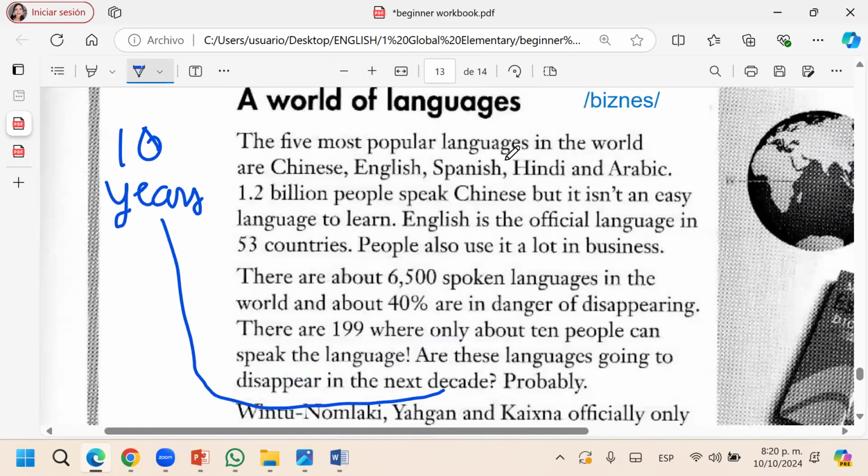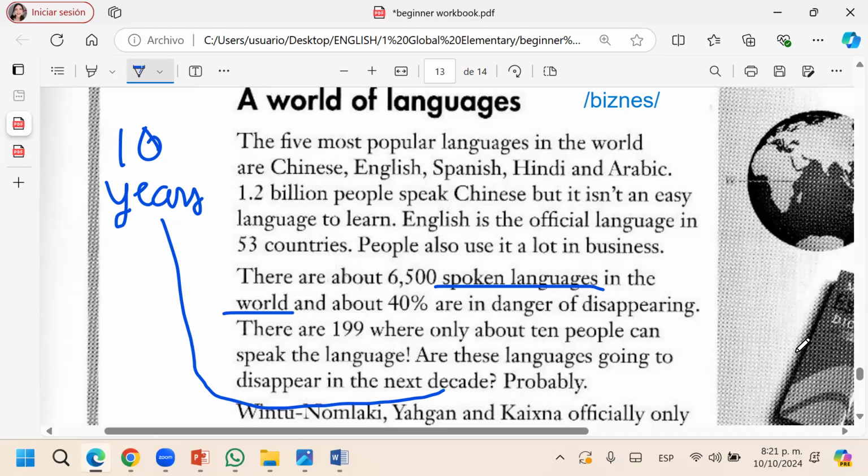Como hemos visto muchos números, hay varios números en el párrafo. So yes, 6,500, 40%, 199, 1.2 billion, 53. Those are the numbers that we have here. It says spoken languages, idiomas hablados. Hay 6,500 spoken languages in the world. English, Spanish, French, Italian, Portuguese, Mandarin, Arabic,